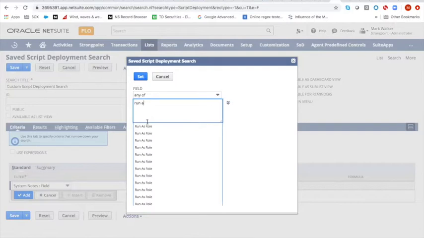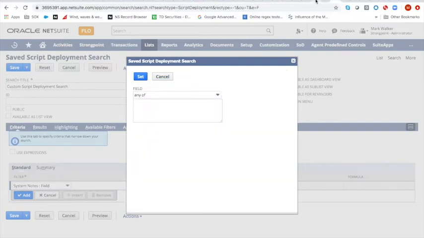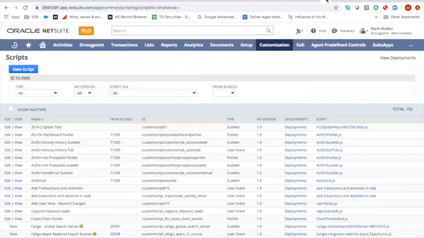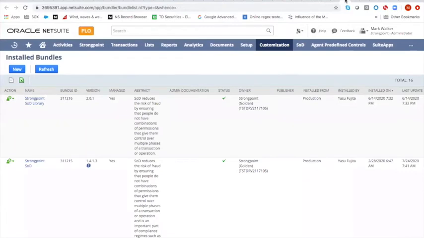But even if you do that, this will only show you things that ever have been set to administrator, not what's set to administrator now. And so this becomes very problematic and time consuming. And of course, the really big part is that in order to do this, even if you did this all successfully, you would have to take the script data and the deployment data and the bundle data, put them in separate spreadsheets, and do a lookup between them to identify which scripts in your account